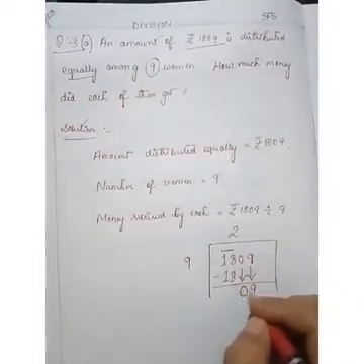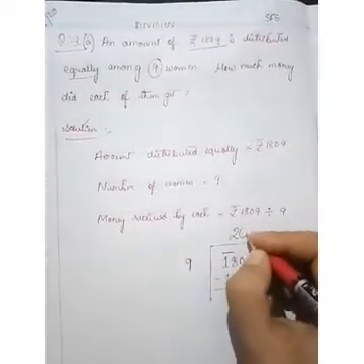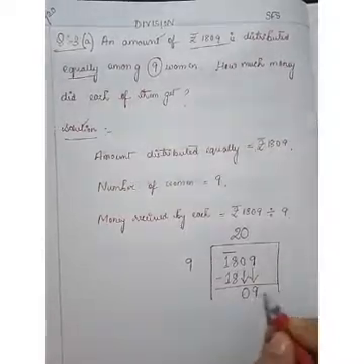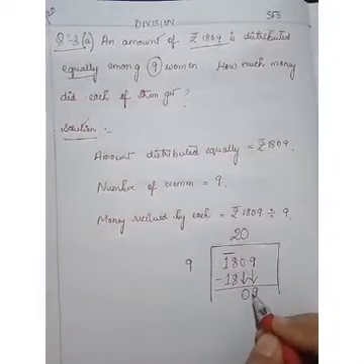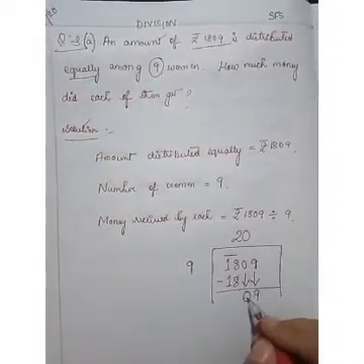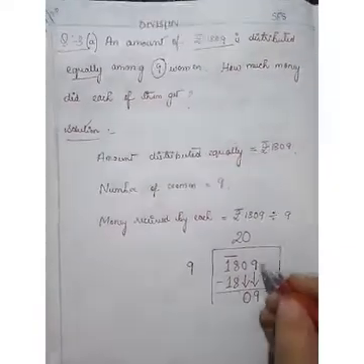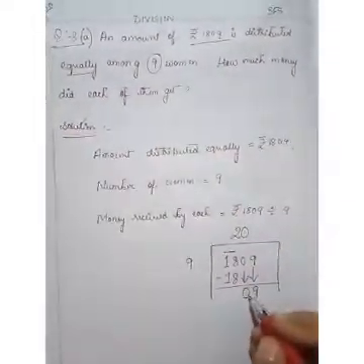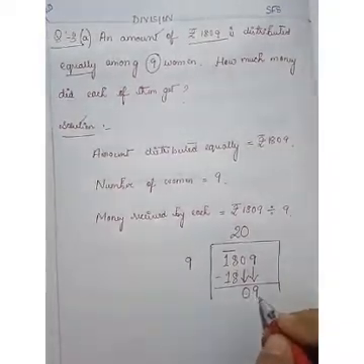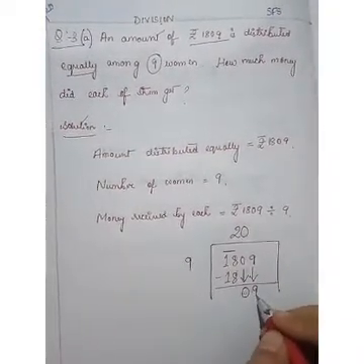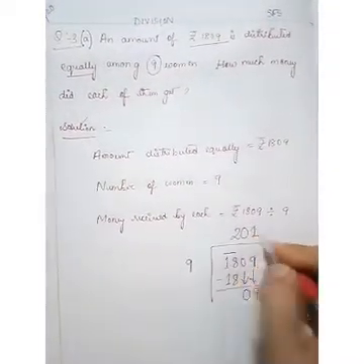If you take 2 numbers, that means you have to put 0 here. At one step you are taking 2 numbers. In one step you can take only one number, that is the rule, but if you take 2 numbers you have to put a 0 here. Now since 0 is not divisible by 9, we look at the next number, that is 9. So we know 9 1s are 9.